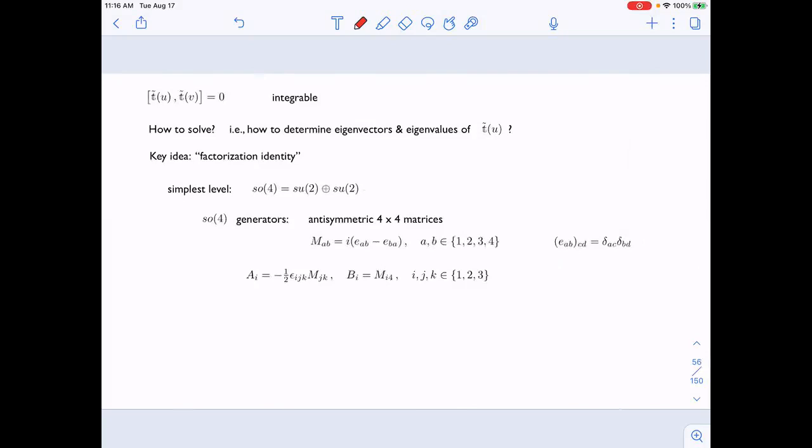And then what you do is you pick out three of these to make A_i, where epsilon_ijk is the usual Levi-Civita tensor, and i, j, k run from 1 to 3, with a sum over j and k. And then we also define M_i by setting the second index of M equal to 4. So we have three of these and three of these, which give you the 6 generators of SO(4). And you can easily see that the commutator of two